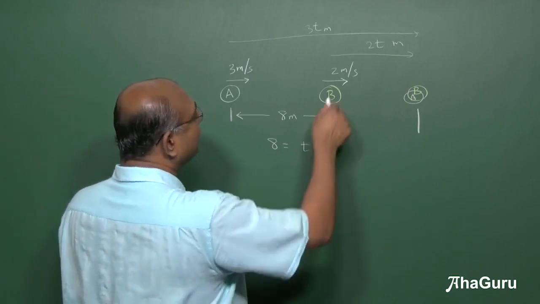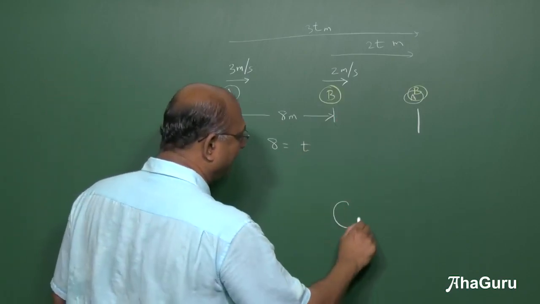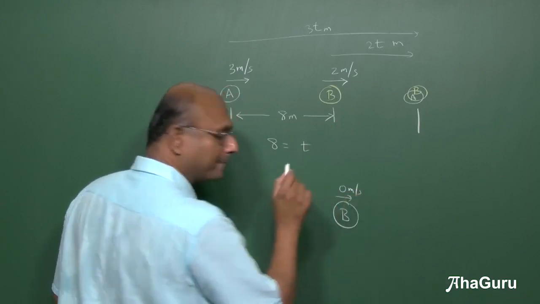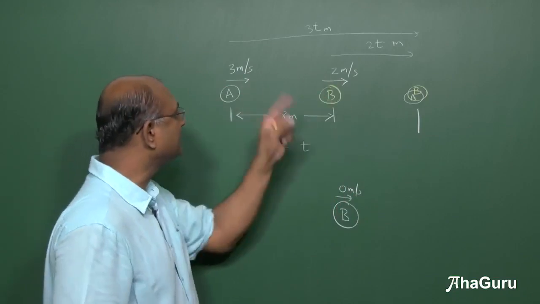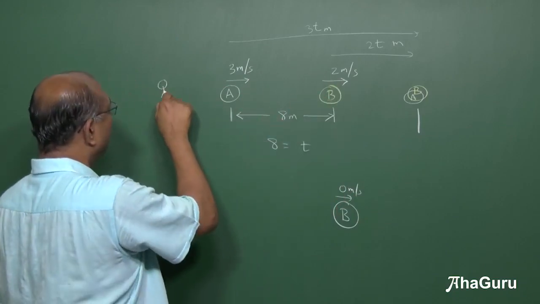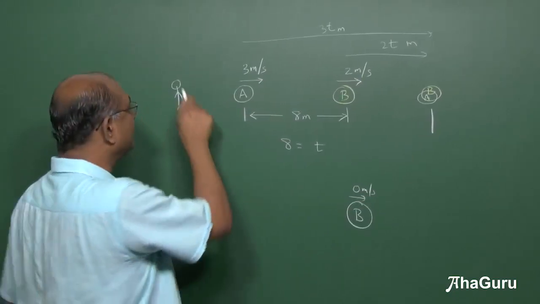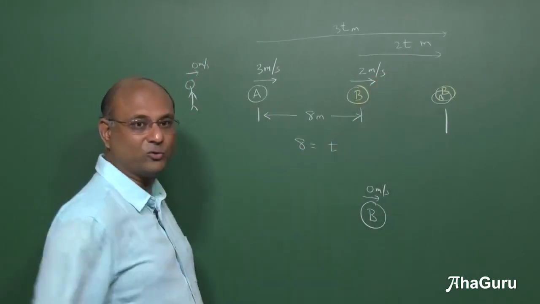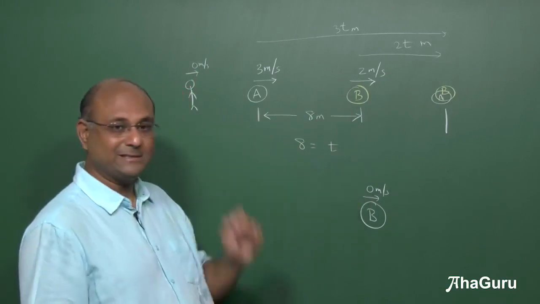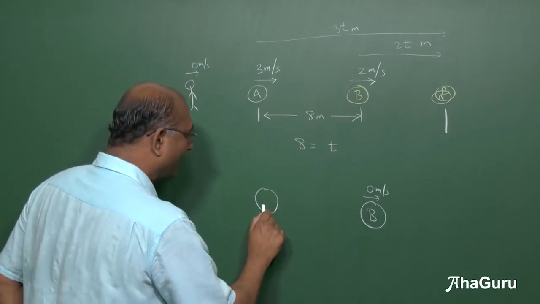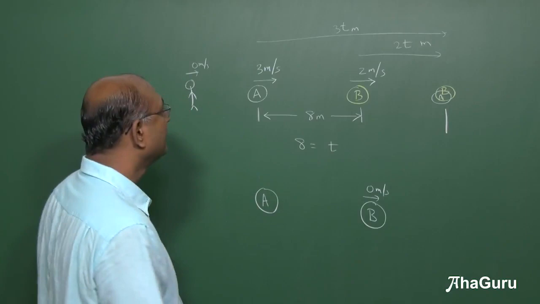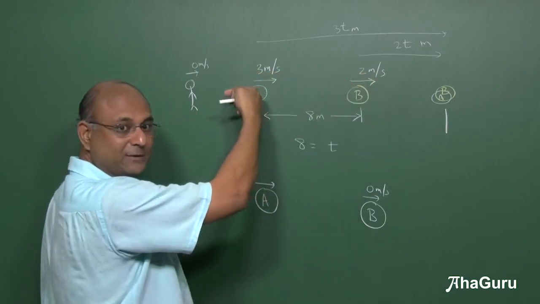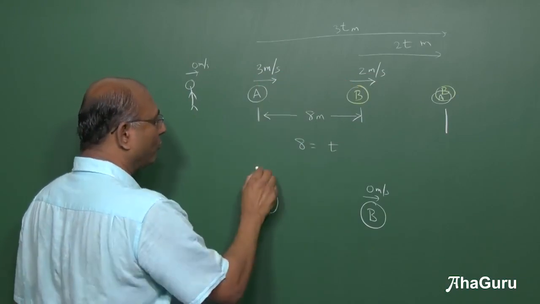Let us say relative to B. So I want to make B fixed. So B's velocity is 0 meters per second. Because all this was something that a ground observer was talking. So this fellow was at rest and this fellow was saying A is moving at 3, B is moving at 2. But now if I make B at rest, relative to B, what is the velocity of A? Think about that. If I add 2, then I must add 2 to this fellow and then 3 minus 2, 1 meter per second.